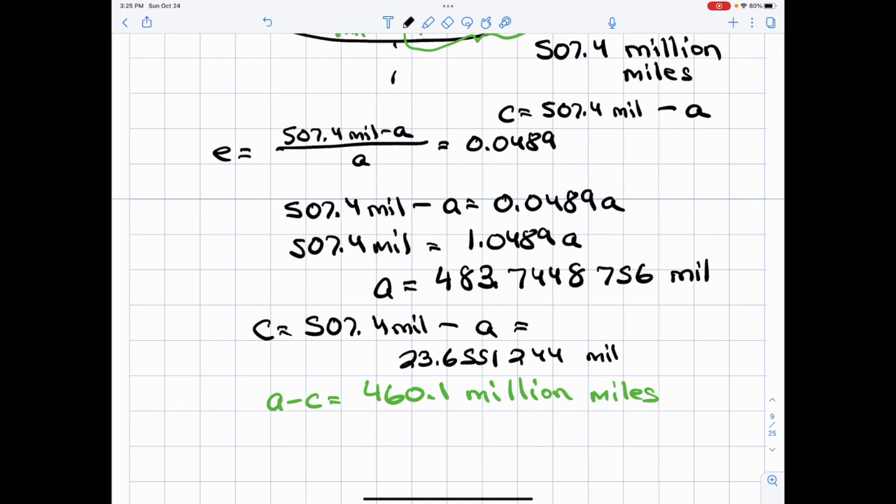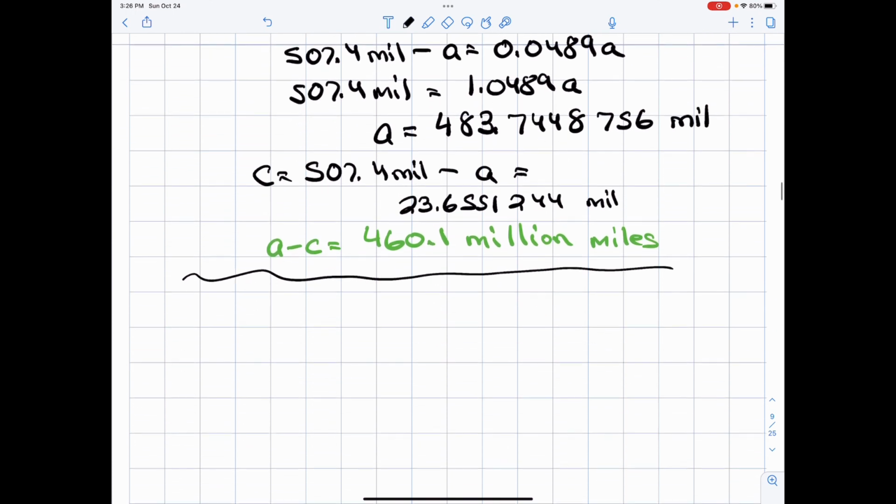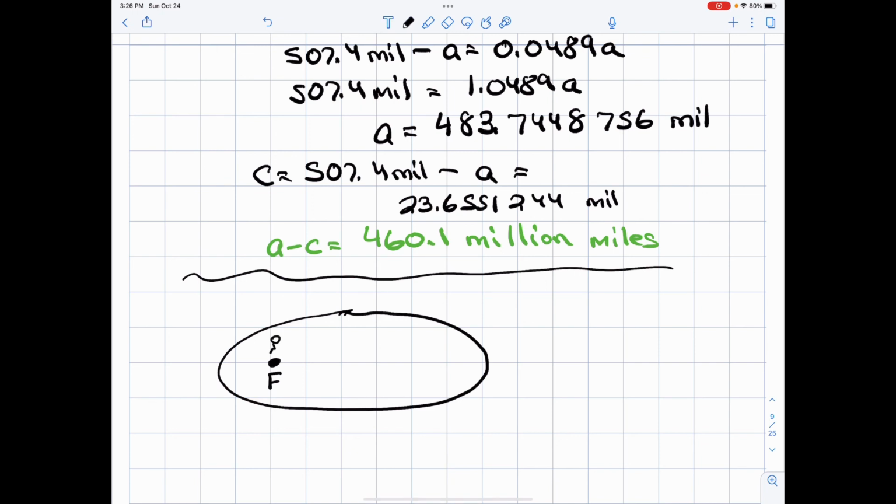My son and I, at the science museum, we were able to stand at the two foci of an ellipse and do an experiment. Check this out. If you have an ellipse, and let's say you have a person standing at one of the foci, you have a little person here, and let's say that they talk, then their sound waves, wherever they're at, will bounce off the ellipse and go straight to the other focus in